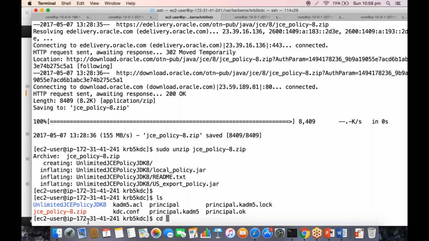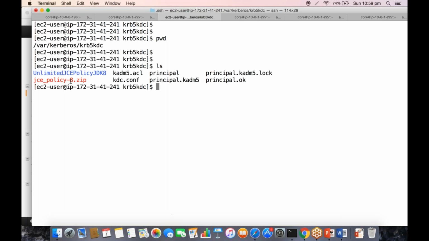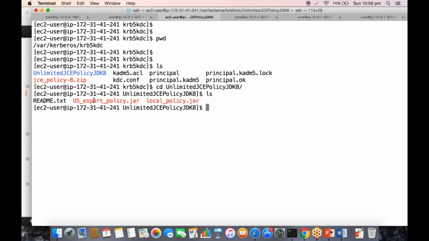Once you have downloaded this JCE policy zip file, and gone to the folder, it will have two jars: US export policy and local policy.